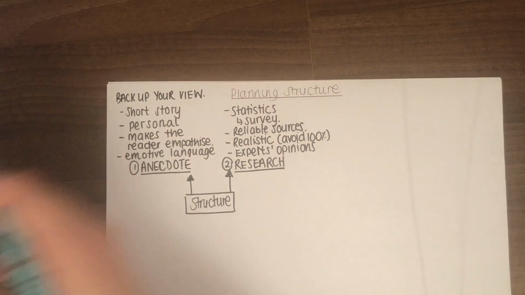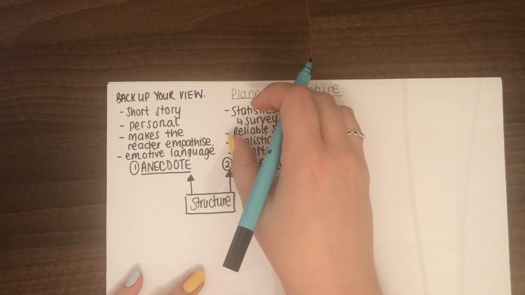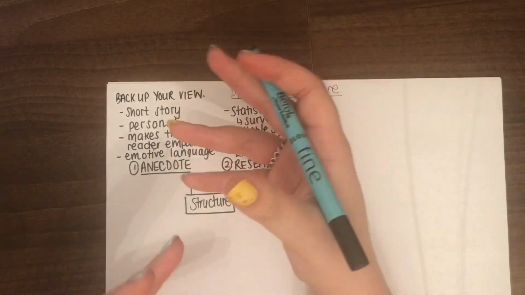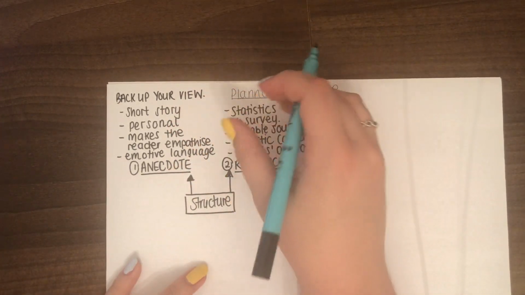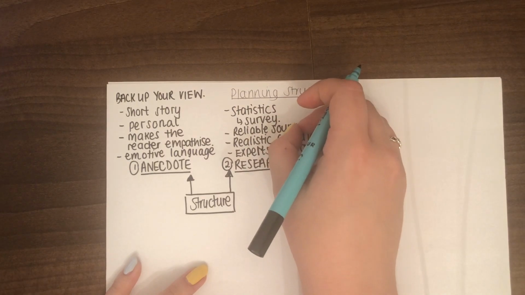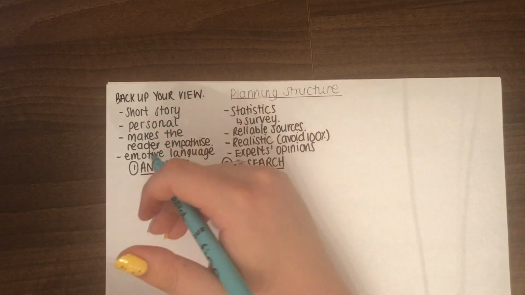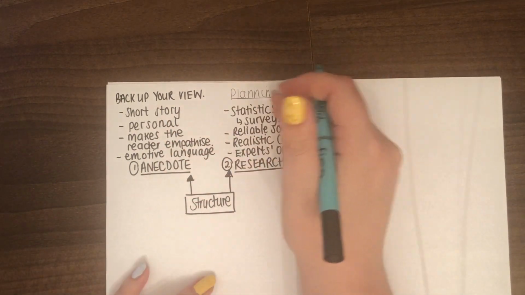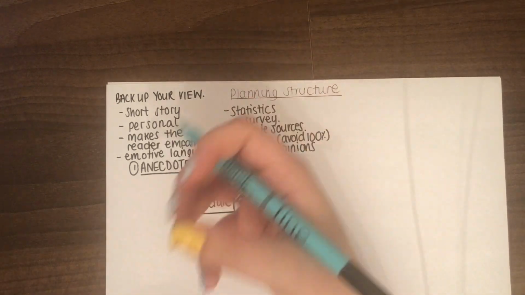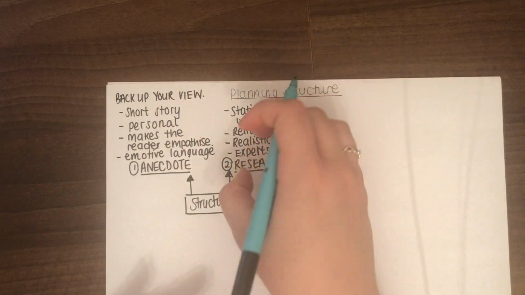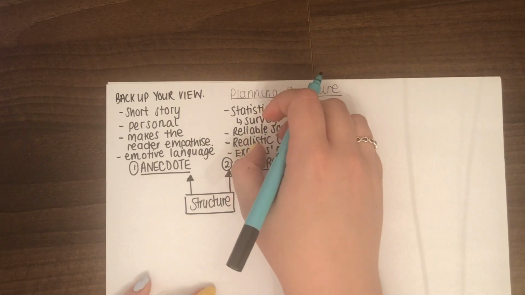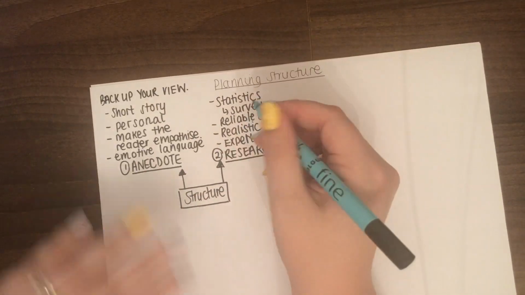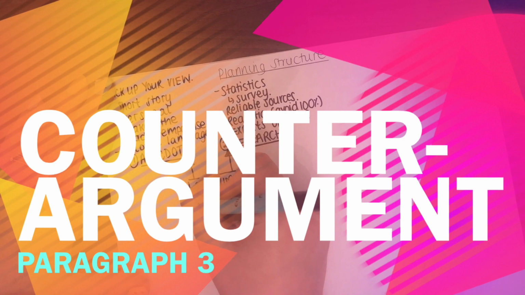Now, the reason people use research in their non-fiction writing is to make themselves sound valid. Okay, so people agree when you give them statistics. So we have to show the examiner that we understand that that's part of non-fiction writing, but we've got to be careful here that we don't make it ridiculous. Okay, paragraph 3